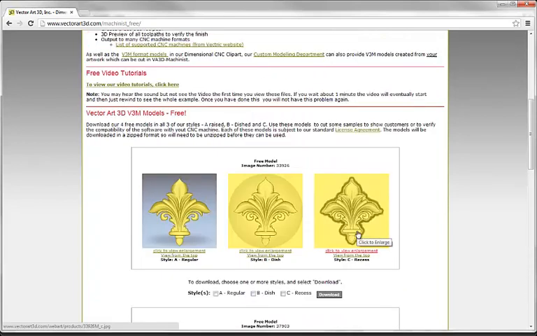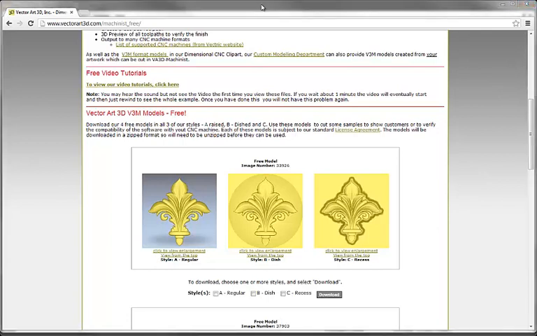These all come in the V3M file format, which is a special format specific to VectorArt 3D Machinist, Cut 3D and Aspire. For our example, the piece of clip art I'm going to use is one of the free sample models, and it's this dished version of the fleur-de-lis that you can see here. So I would simply click on that option, click on the download button, save that file onto my PC. I may need to unzip it, but then I would have that file and be ready to use it with